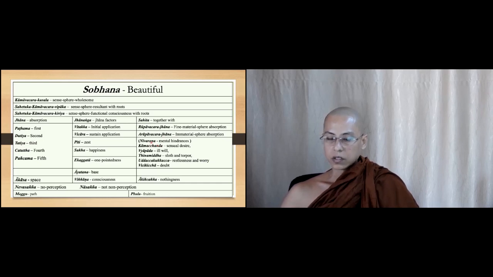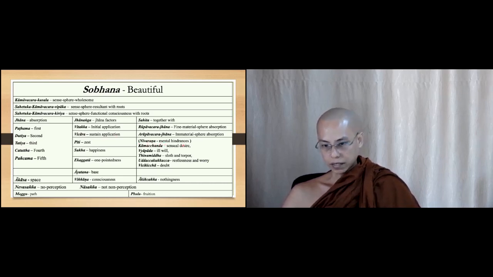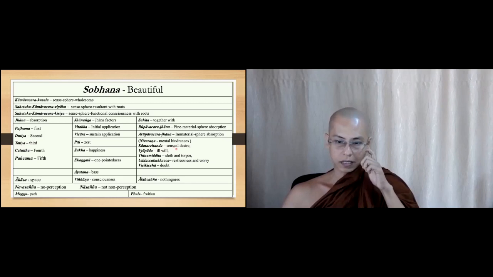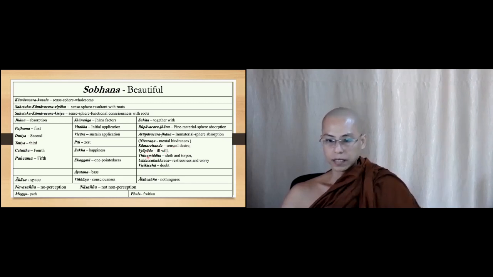Then the opposite mental factors of jhanas and jhanangas are called nivarana, mental hindrances. When we practice samatha meditation, we need to develop the qualification of the 5 jhana factors, and we need to suppress the 5 mental hindrances that block our mental development. These are called kamacchanda, sensual desire; vyapada, ill will; thina-middha, sloth and torpor; uddhacca-kukkucca, restlessness and worry; vicikiccha, doubt.